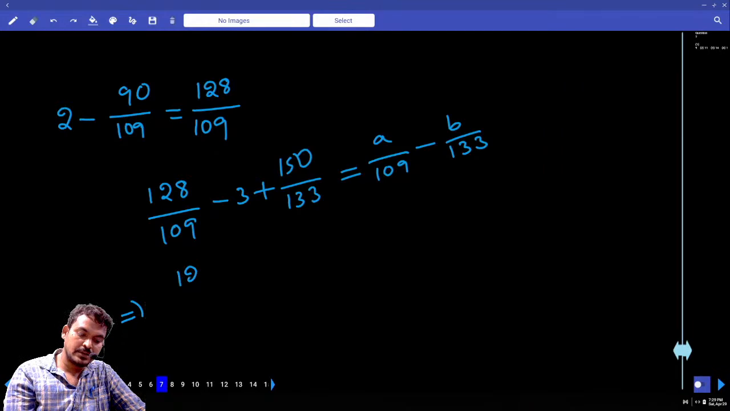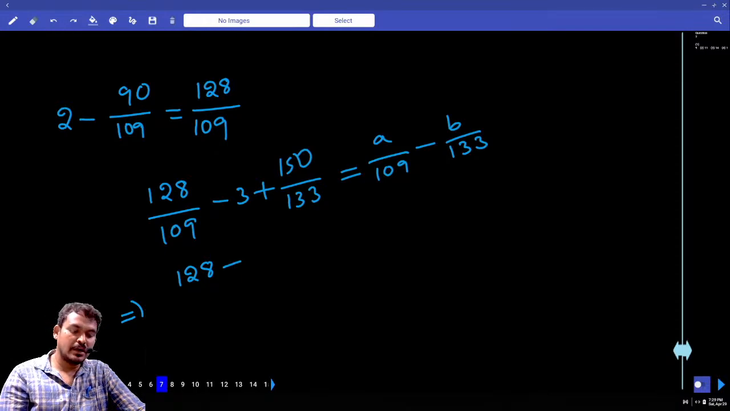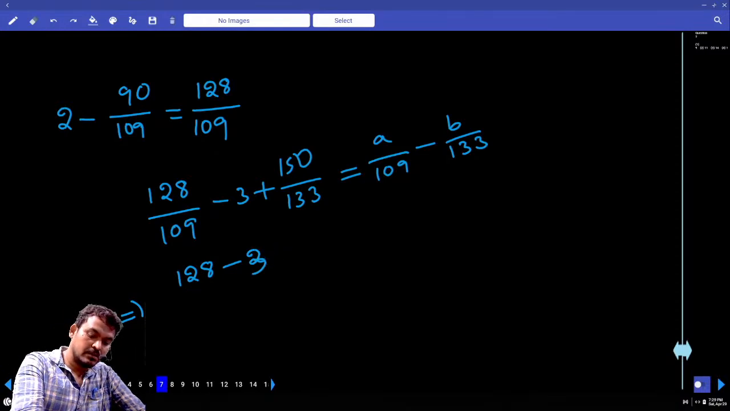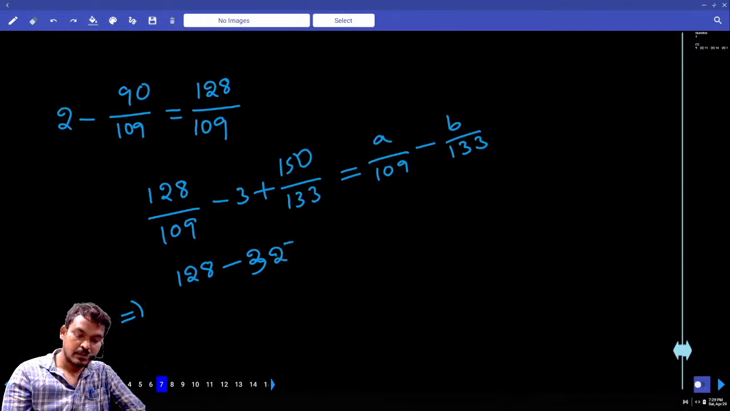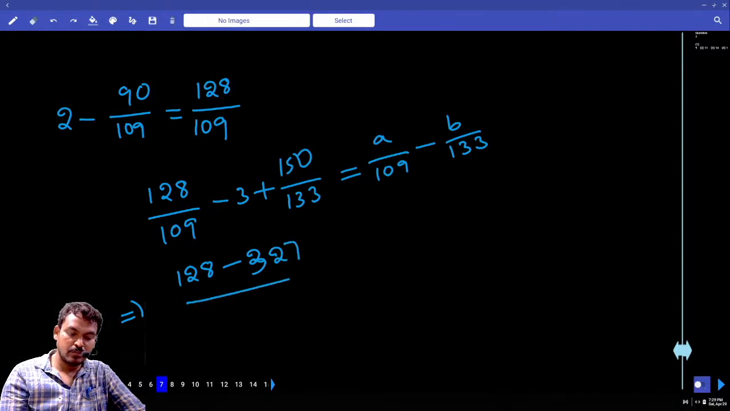128 minus 109 into 3, or not? What is 109 into 3? 327. 327 by how much value? 109 plus 150 by